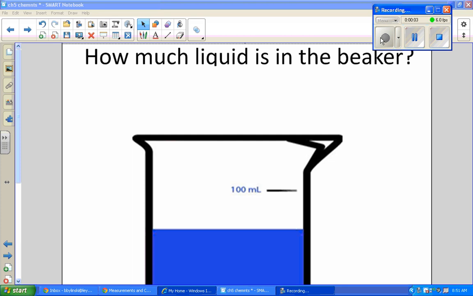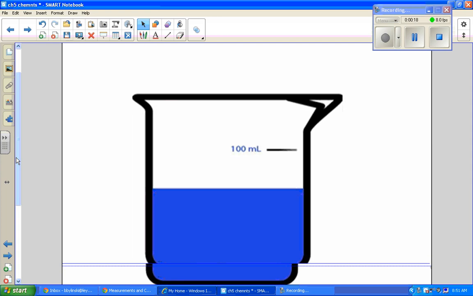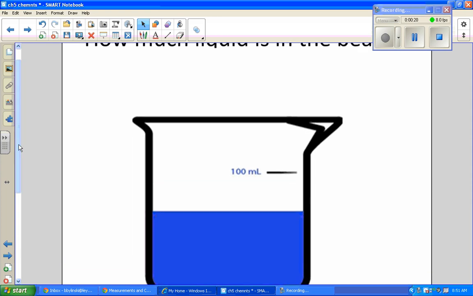Okay, you actually do not have these pictures in your notes. I just wanted to let you think about how to take measurements before we start the next part of this chapter. So if you had a beaker that looked like this, and I asked you how much liquid is in the beaker, I think that'd be pretty hard to tell me, because the only number you see there is the 100 milliliters. So maybe you could estimate that as maybe 60 milliliters, so this is not a good way to